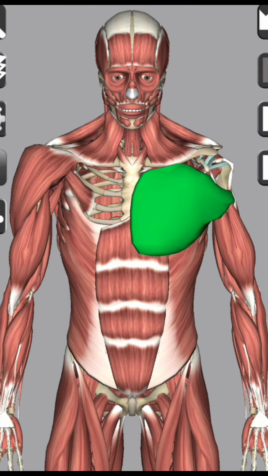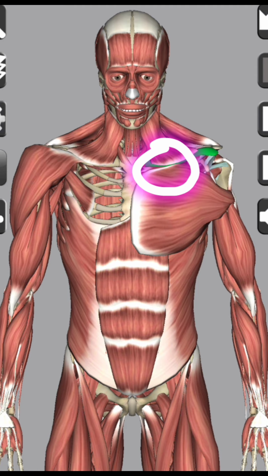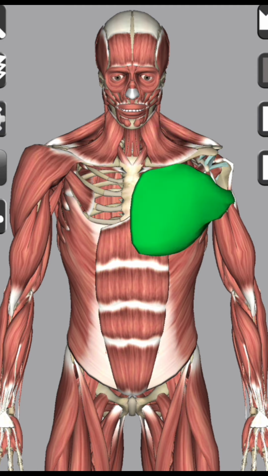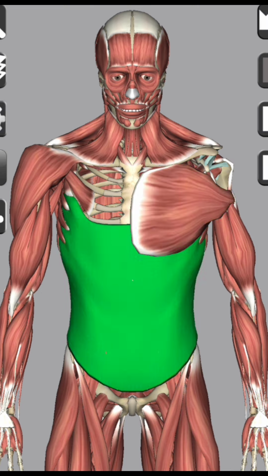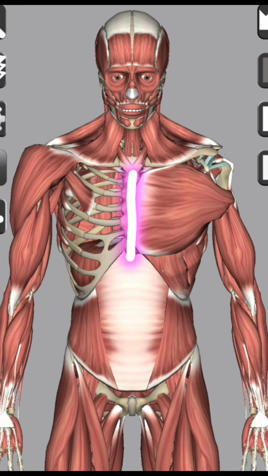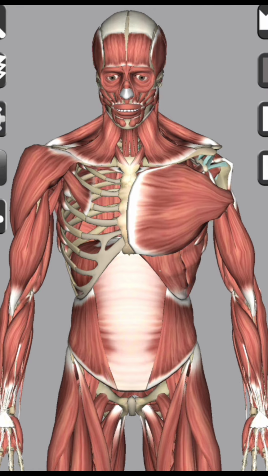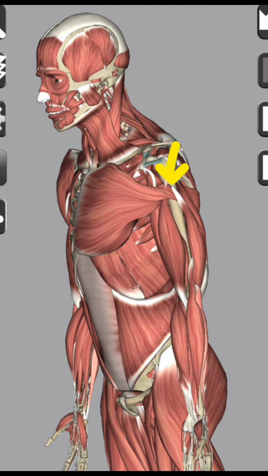So it is first from the anterior surface of the medial two-thirds of the clavicle. So here we have the clavicle bone, and from the medial side of the clavicle the pectoralis major muscle gets its origin. Then half of the breadth of the anterior sternum to the sixth costal cartilage. We have removed the rectus abdominis muscle and the external abdominal muscle. Then we can see from the sixth costal cartilage it has origin, and then second to sixth costal cartilage and the external oblique muscles which are already present over here, from there its origin is complete, and it is inserted over the lateral lip of the bilaminar tendon of the bicipital groove of the humerus.